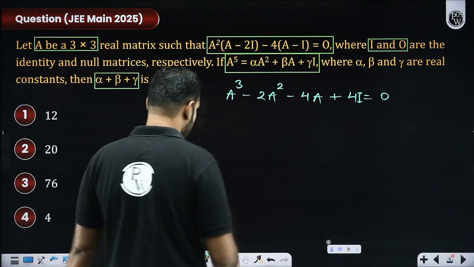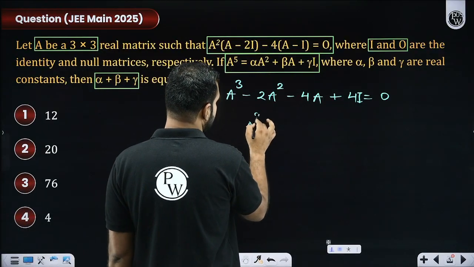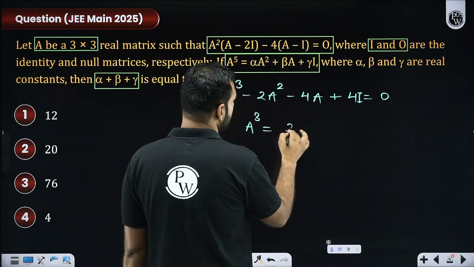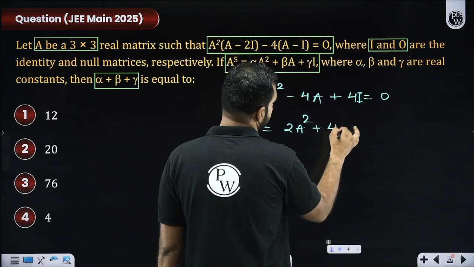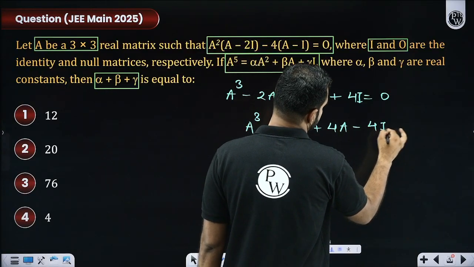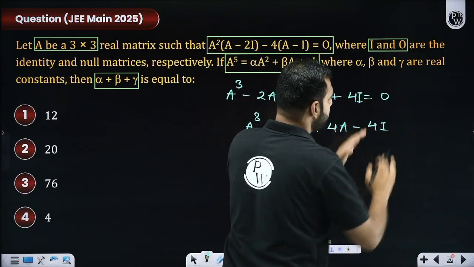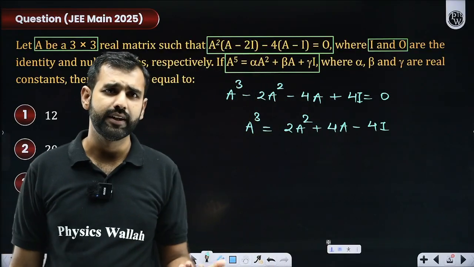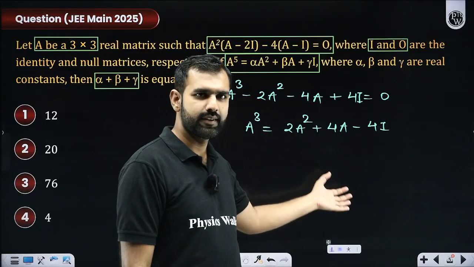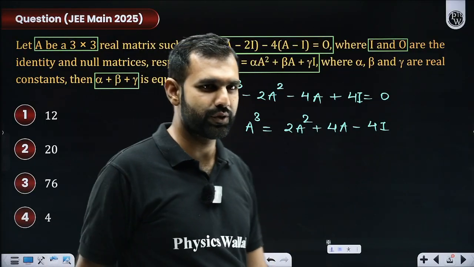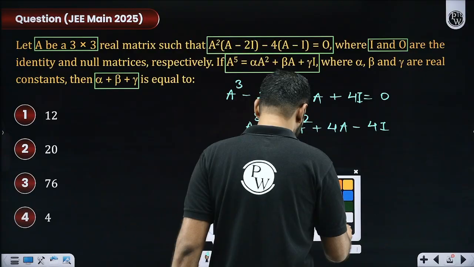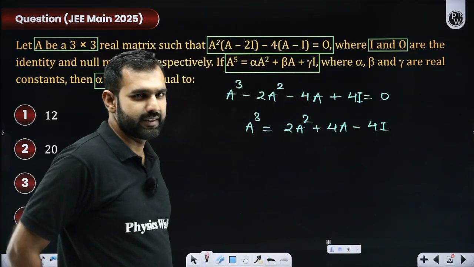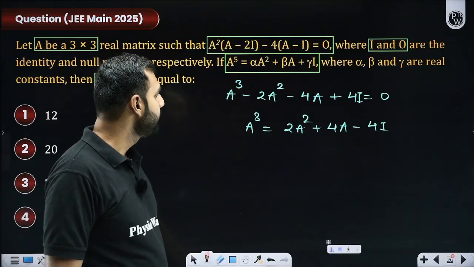Sir, can I not write a cube as, pay attention to this, 2a square plus 4a minus 4i? If I shift this whole part to the other side, and when it is added to the null, it gets added like this. Okay, so I think somewhere around 6 to 8 students. That's good. Good to have you all. I really appreciate the spirit.